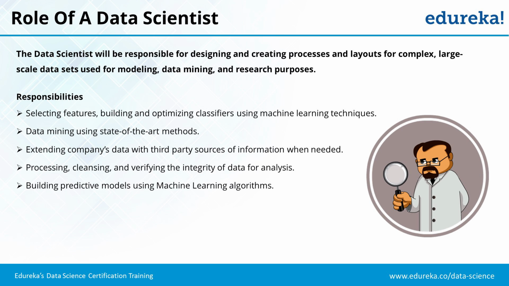The major responsibilities that a data scientist has are selecting features, and building and optimizing classifiers using machine learning techniques. What this means is that features are nothing but the variables. In any business or in any problem, there can be a lot of variables, hundreds or thousands of variables that are being stored. For example, like I talked about Amazon, Amazon is storing customer data: the customer names, their age, their genders, their addresses, their work profiles, their purchase history, their delivery addresses, their transactions, their interests. So a lot of information is there only about the customer.